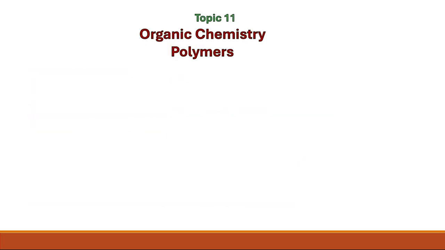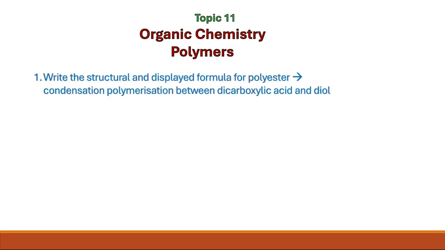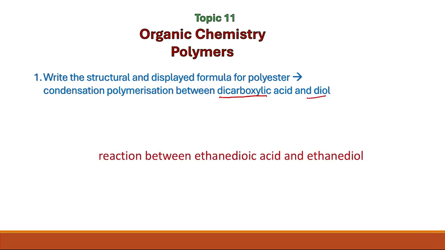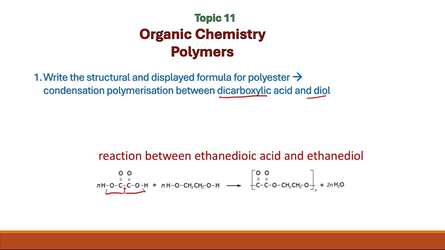Topic 11 from organic chemistry as well is condensation polymerization. So you should be able to write the structure and displayed formula for polyester. Polyester is a condensation polymerization product, comes from the reaction between a dicarboxylic acid and a diol. This is the reaction between ethanedioic acid and ethane diol, where ethanedioic acid is a dicarboxylic acid, two carboxylic acid groups here, and the ethane diol has two OH groups here, or two hydroxyl groups,